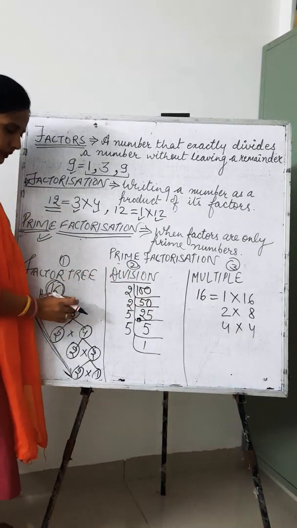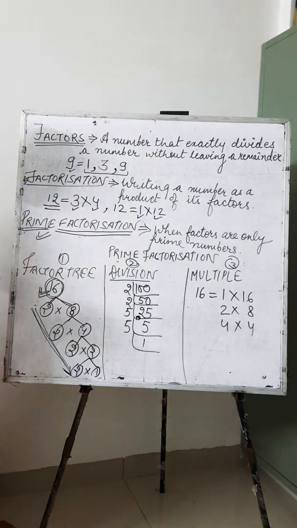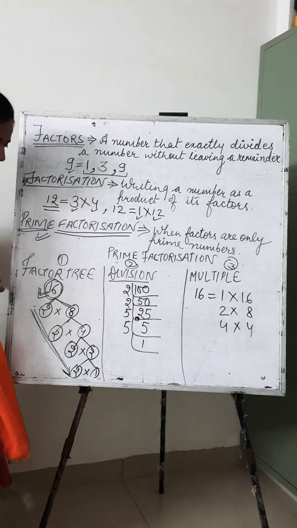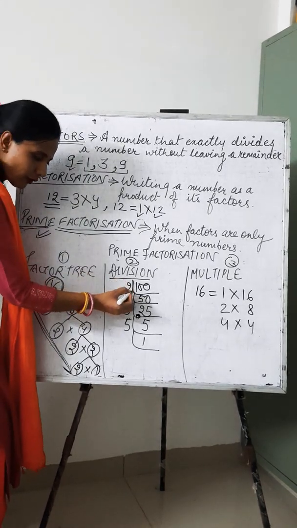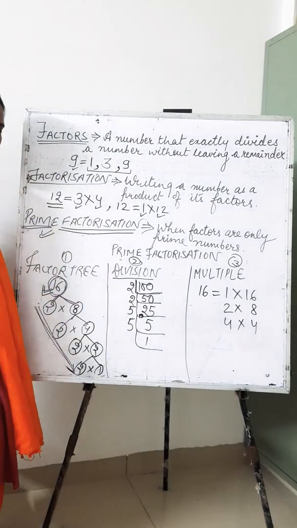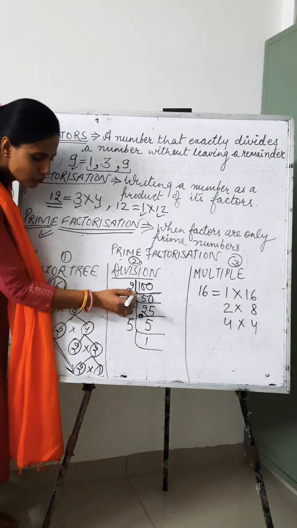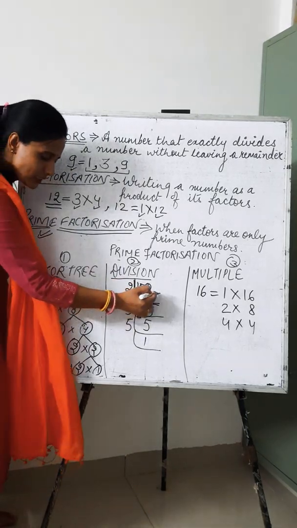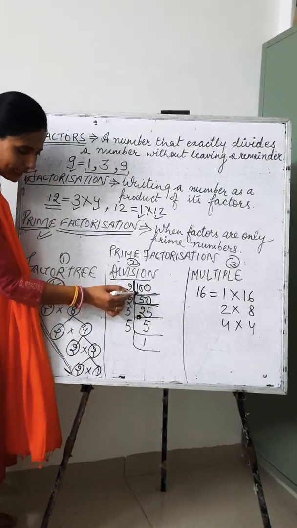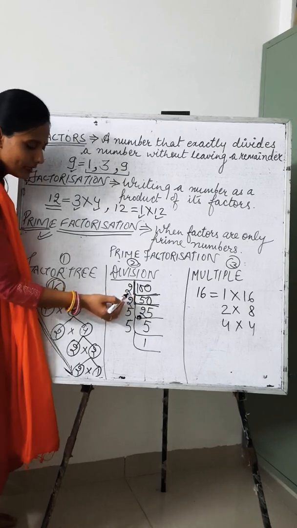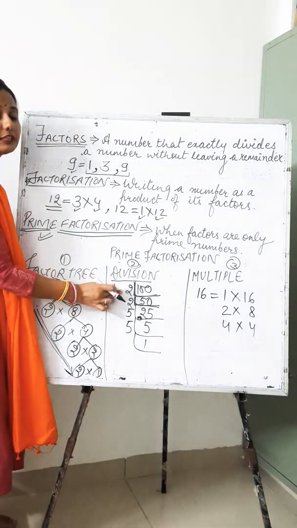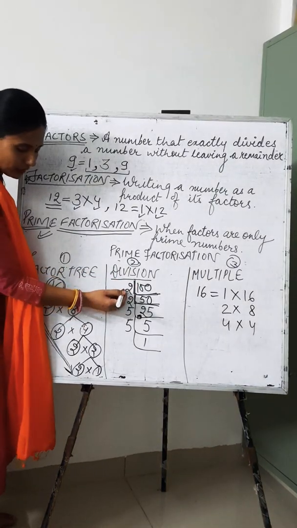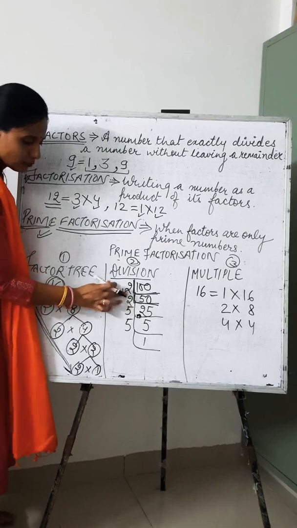In the division method, children, there is nothing difficult or strange. What you have to understand is that in the division method, in simple, tricky language, I used to call this the box method. You have to form a box in this way and put the number inside, and then see by which number, the smallest prime number, should I take to solve this. So here I come to know that I have to take 2.